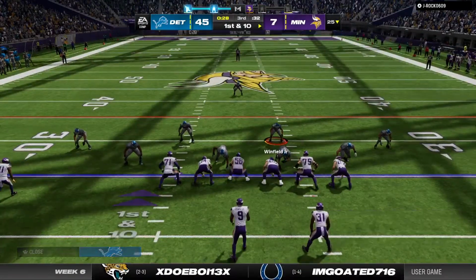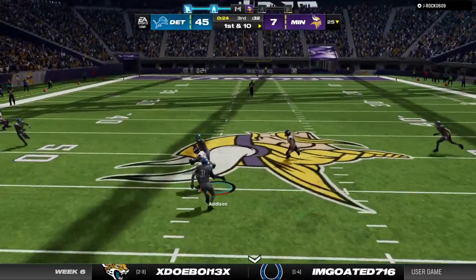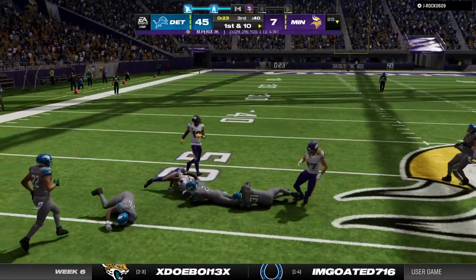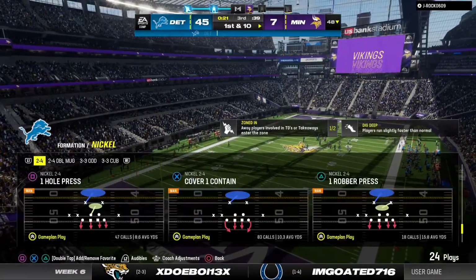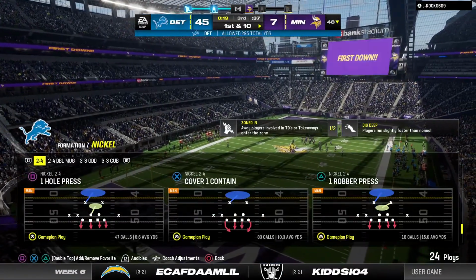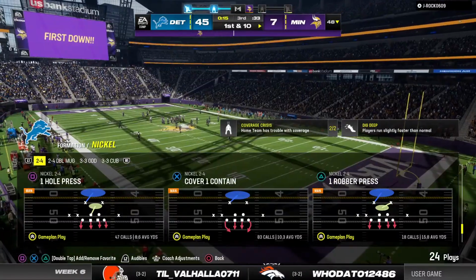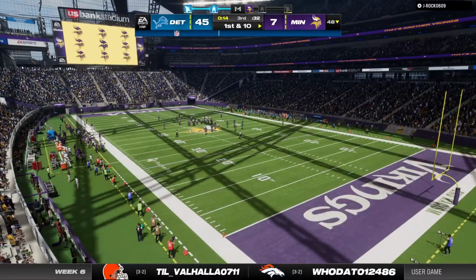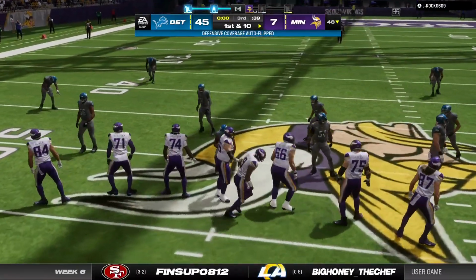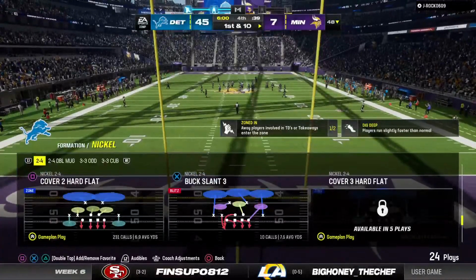Well, we're still in the third quarter, so there's some time to kind of clean this up and make it look more respectable. Now, a win, that's probably gone out the window, Charles, but I don't know. Do you look at this as a time to just improve and maybe start to look towards the future? I think you have to find something to play for, something to grasp onto until the clock runs out. But, Brandon, we've been around this game a long time. This is an outlier. You don't get many blowouts like this no matter how the game...